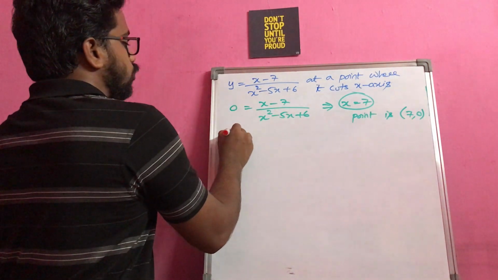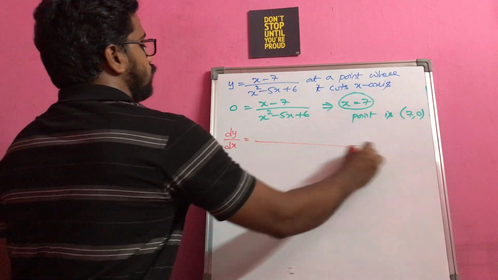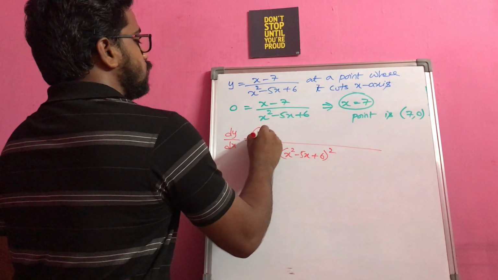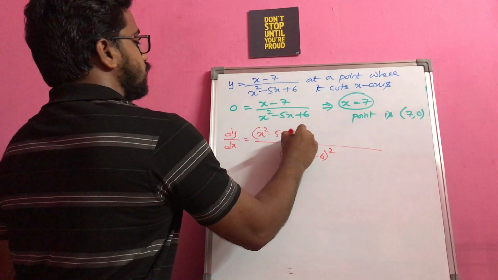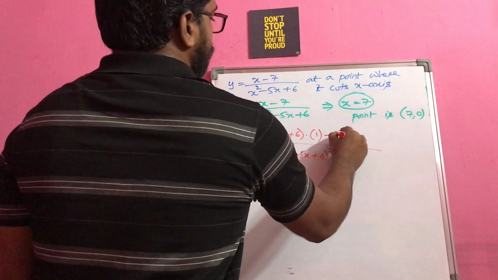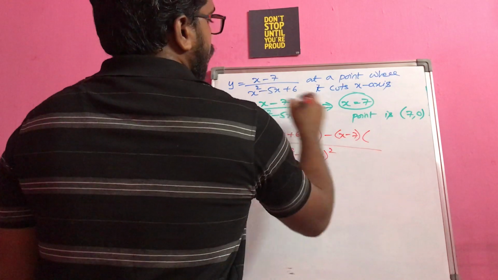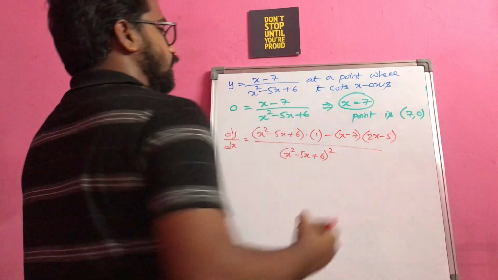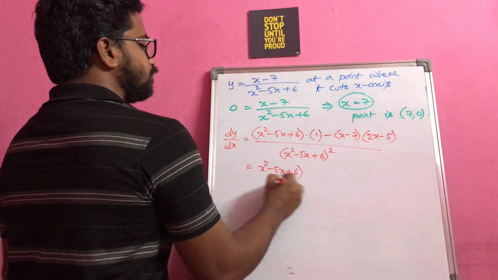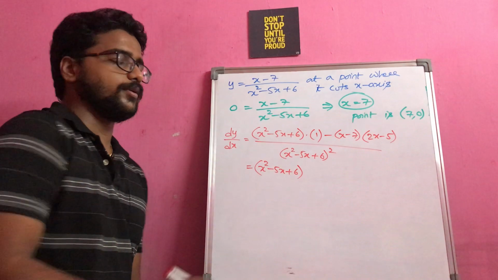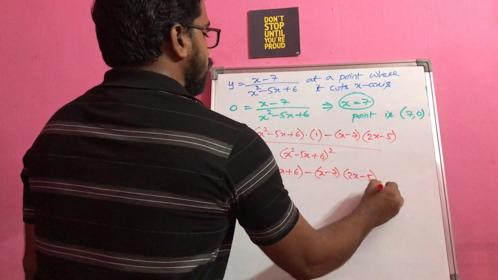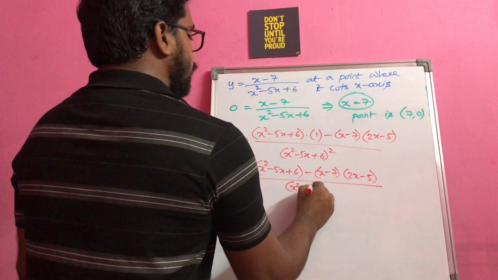So let us try to find the slope of this. We have to use the division rule here. Denominator is (x square minus 5x plus 6) whole square. First term will be (x square minus 5x plus 6) into the derivative of (x minus 7), which is 1. And the second term is (x minus 7) into the derivative of the denominator, which is (2x minus 5). Let us simplify only the numerator part; don't expand the denominator, or even if you leave it like this, no problem. So our final thing for dy by dx will be the numerator by (x square minus 5x plus 6) whole square.